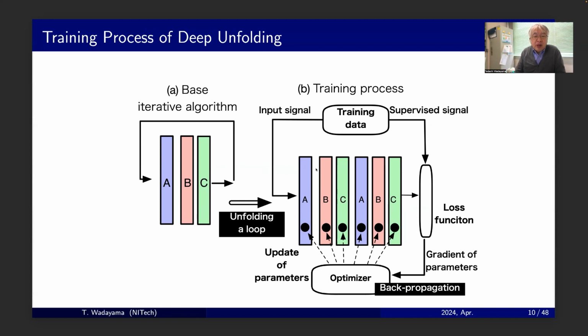By using backpropagation or automatic differentiation, we can get the gradient information of trainable parameters. This kind of gradient information is so important to update the internal trainable parameters. The gradients are then used for updating the trainable parameters in the model. For the parameter update, we can use any optimizer, such as stochastic gradient descent, SGD in short, and also the momentum method and the Adam method. There are many possibilities.